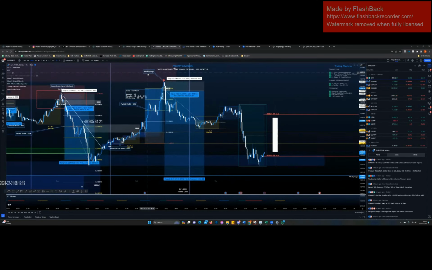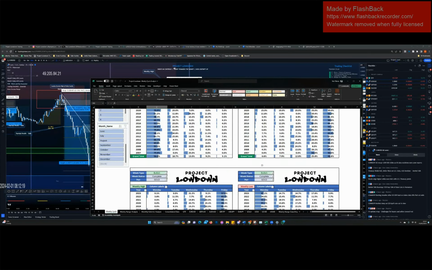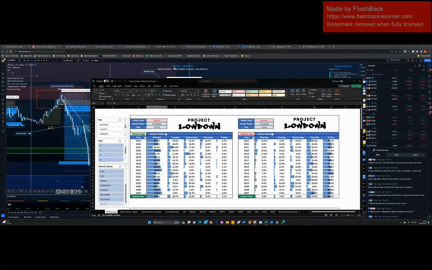So we have a Wednesday weekly high. So now, what's the probability of this being the weekly high? Is the next question we need to ask ourselves. So just how we do it for Monday, Tuesday, it's the same principle, but this time you've got to look into Wednesday. So you go into EU, bearish week. What's the probability of Wednesday being the weekly high? It's the same principle, but you just drag it one across. So the probability of Wednesday being the weekly high for a bearish week is 84.7%.